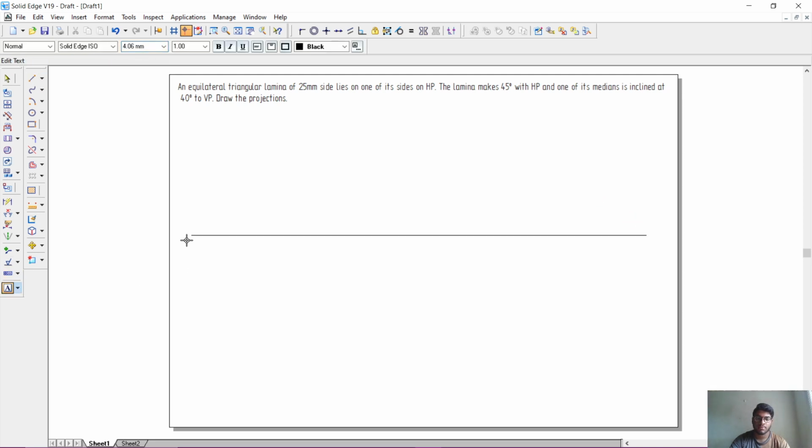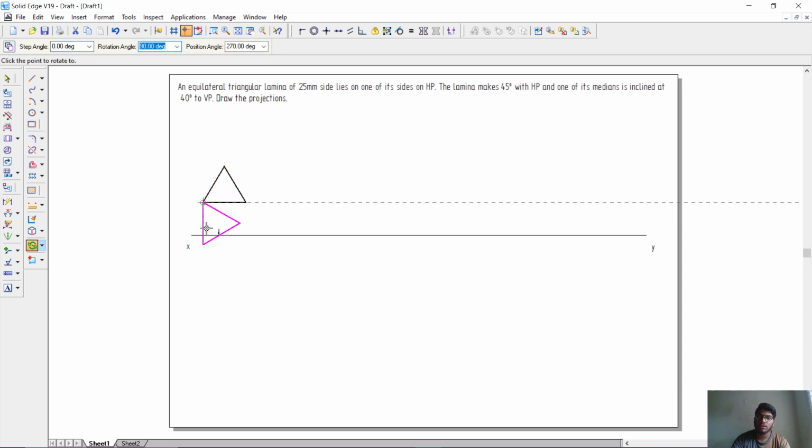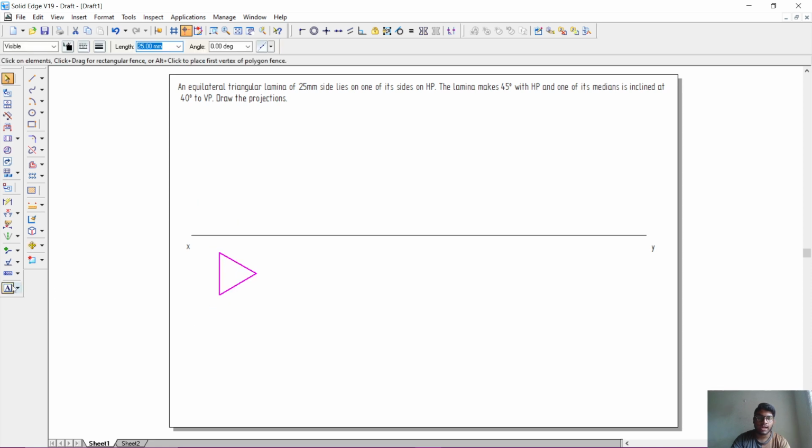and name them X and Y. Then we should construct a triangle of 25 mm each side, select the entire triangle and make the width 0.50 mm, and go to the rotate option and rotate the triangle, then go to the move option and move the entire triangle below the XY line and name the triangle A,